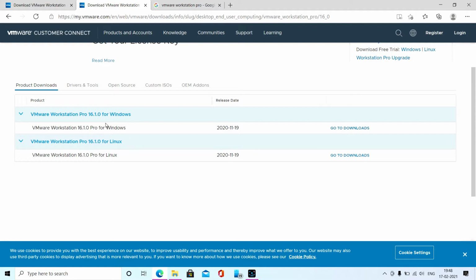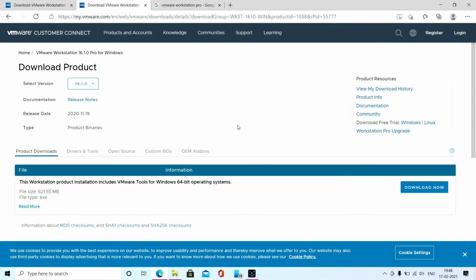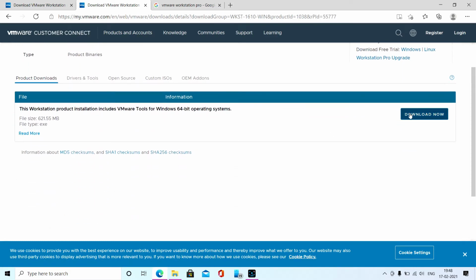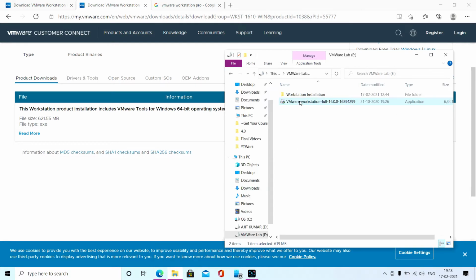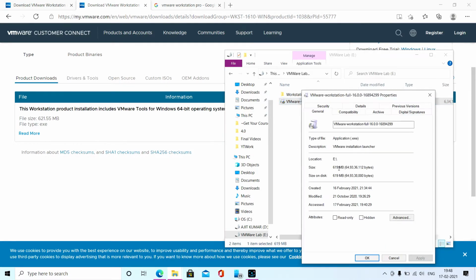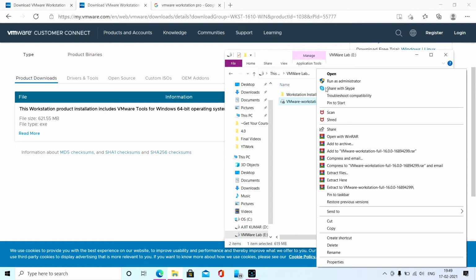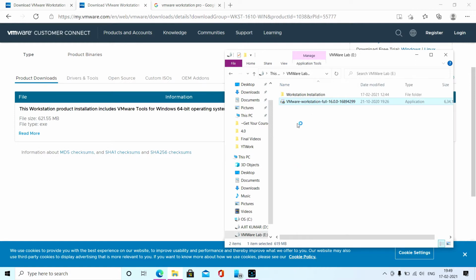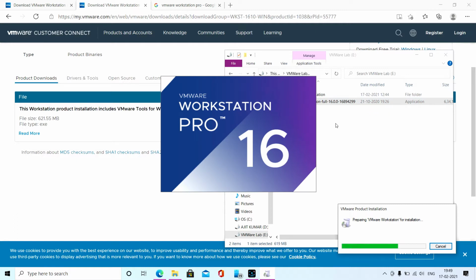In my case I will download the Windows version. Go to the download page and click download now. I have already downloaded that setup. Let me go to its properties. It's around 619 MB. So I will proceed to install this setup on my system.